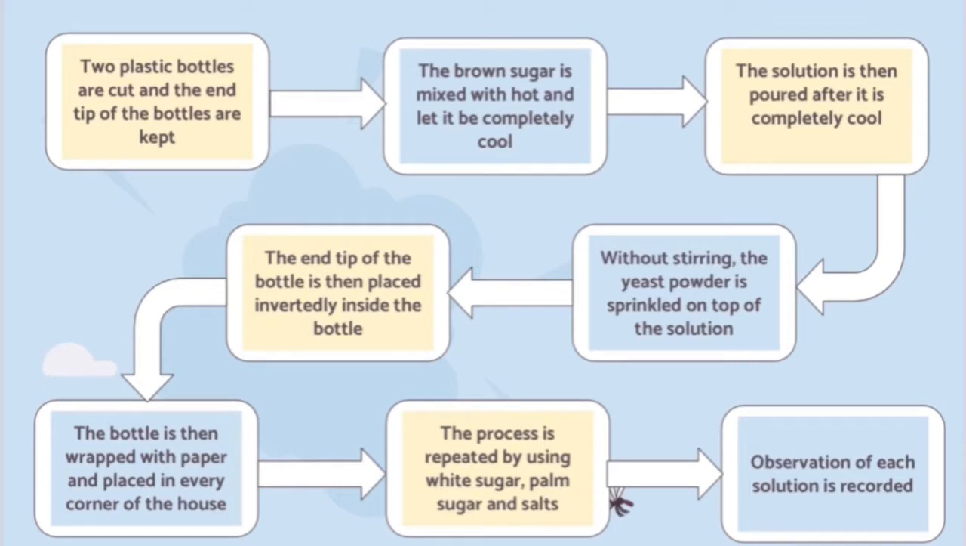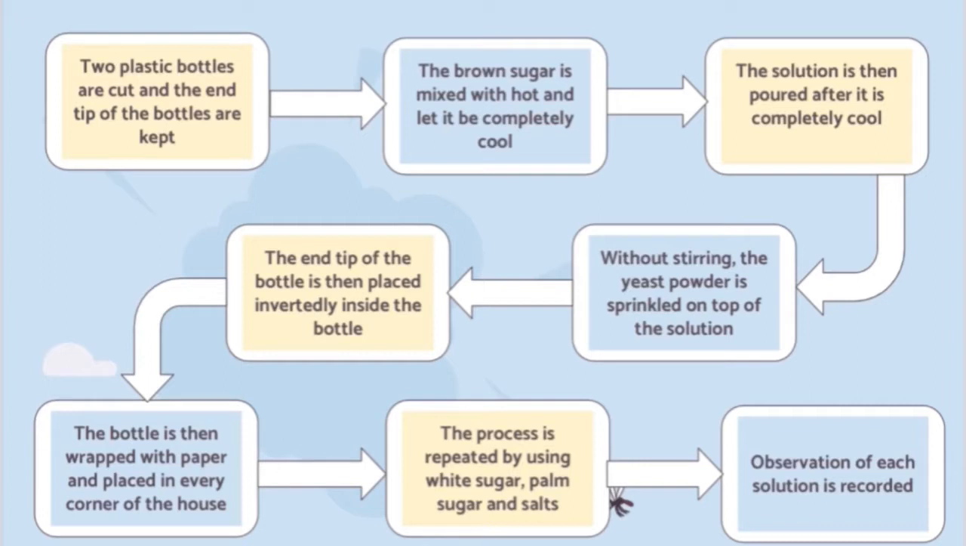Firstly, two plastic bottles are cut and the end tip of the bottles are kept. Secondly, the brown sugar is mixed with hot water and left to cool completely. The solution is then poured after it is completely cool. Without stirring, the yeast powder is sprinkled on top of the solution, and the end tip of the bottle is